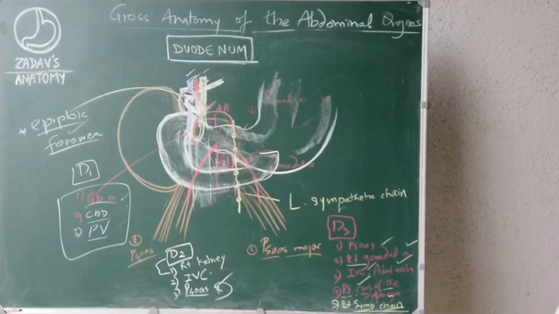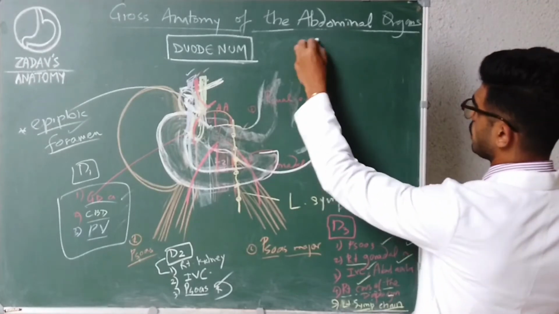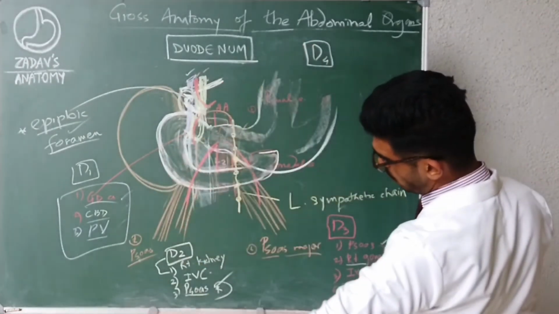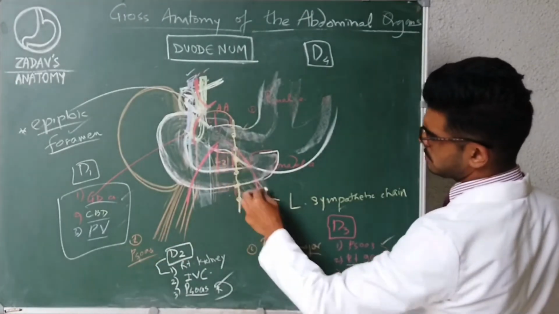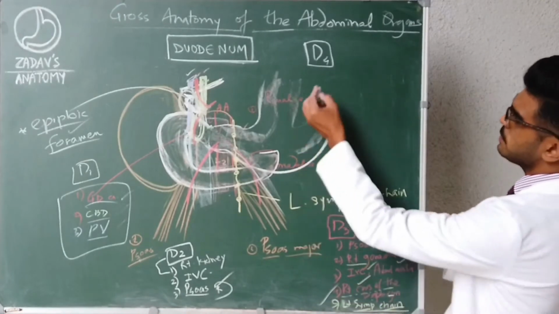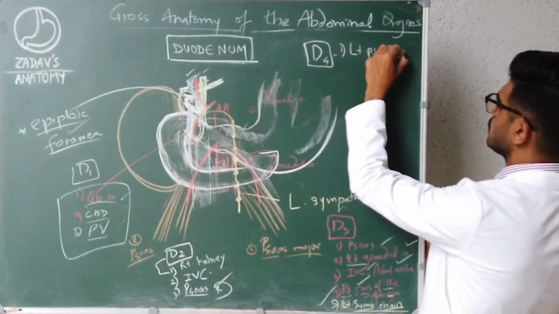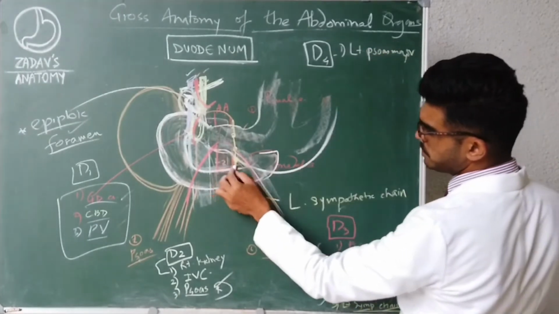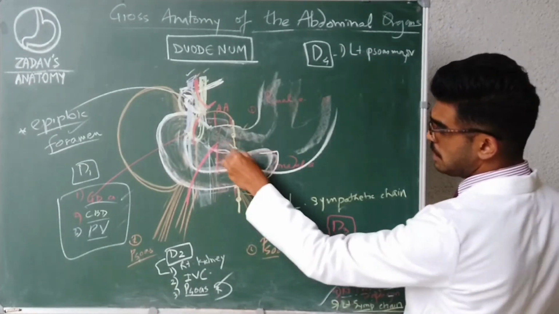Okay, now finally let's talk about the relations of the fourth part of the duodenum. Posterior relations. So we've got, first and foremost, I think you can start saying the left psoas major. You just cross the midline, mind you. Okay, so the left psoas major, the left gonadal artery,